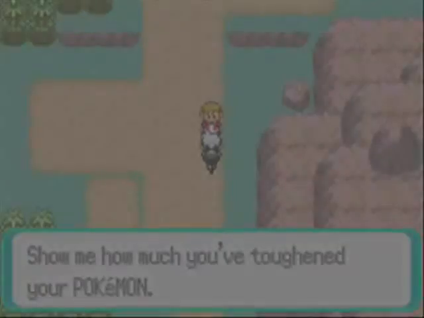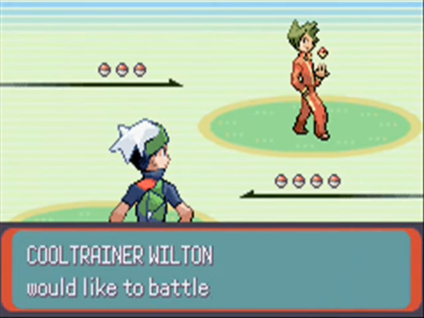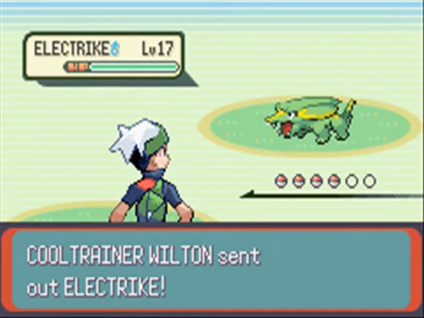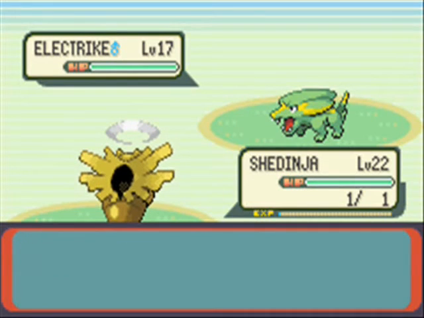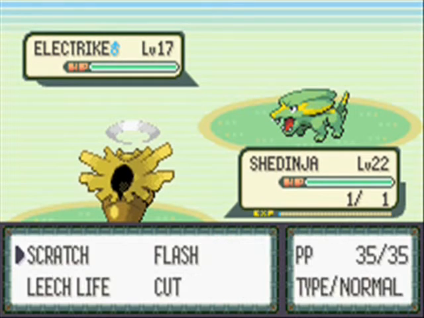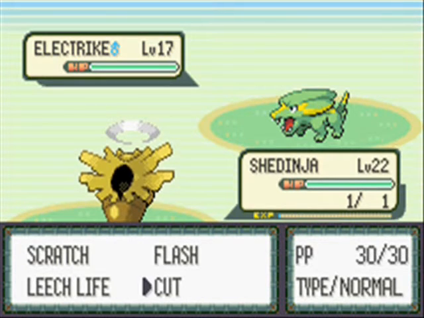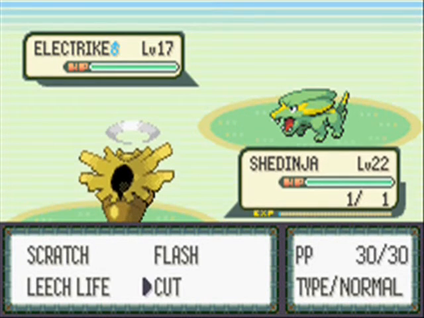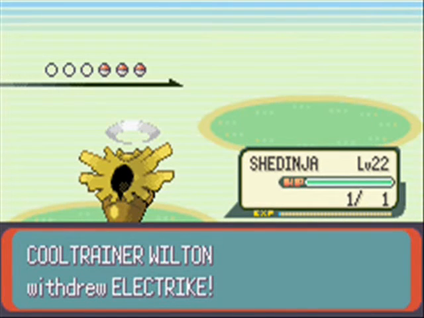Show me how much you toughen your Pokemon. So this family, like I was saying, is this one guy. He has like 5 kids, which takes up the row behind us. Cool trainer Wilton would like to battle. And there's a seat open right next to me. The father asked me if he could sit right next to me. And I don't know what came over me, but it crossed my mind. I'm not usually rude or anything, but I literally...